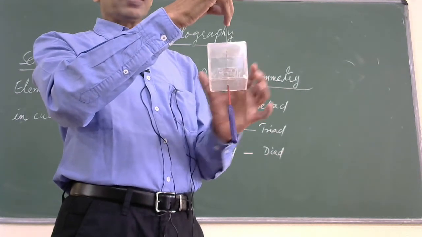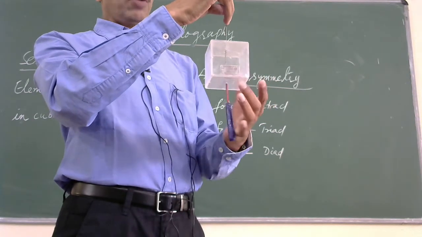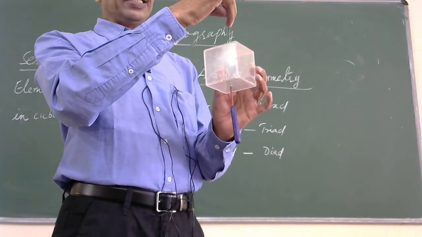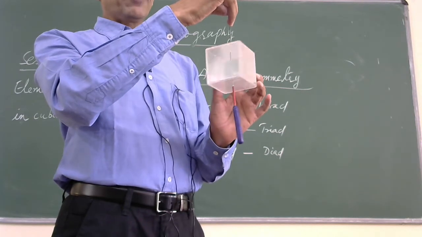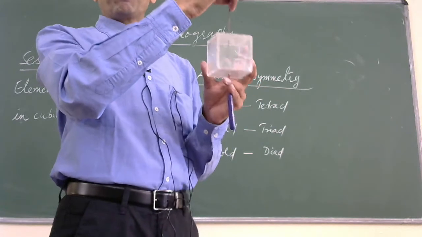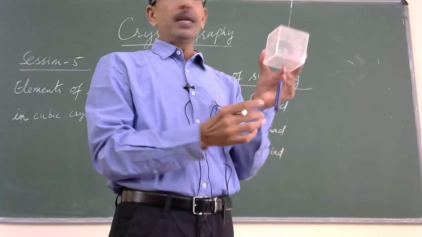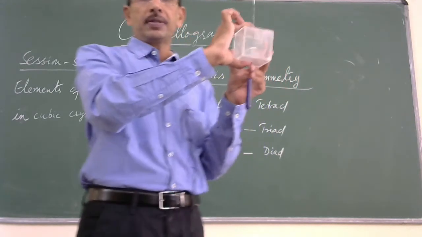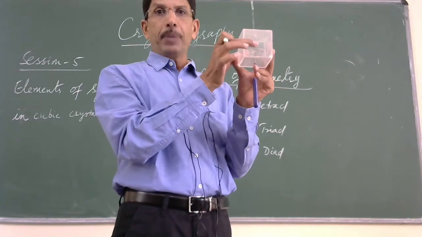I am getting the earlier appearance. So we have arrived at the face having the sticker. In the sense, when I rotated this crystal about this axis, this crystal is giving the same appearance 4 times. That's why it is called a fourfold axis of symmetry. And this fourfold axis of symmetry passes through the centers of the opposite faces. And this cubic crystal has got 6 faces or 3 pairs.